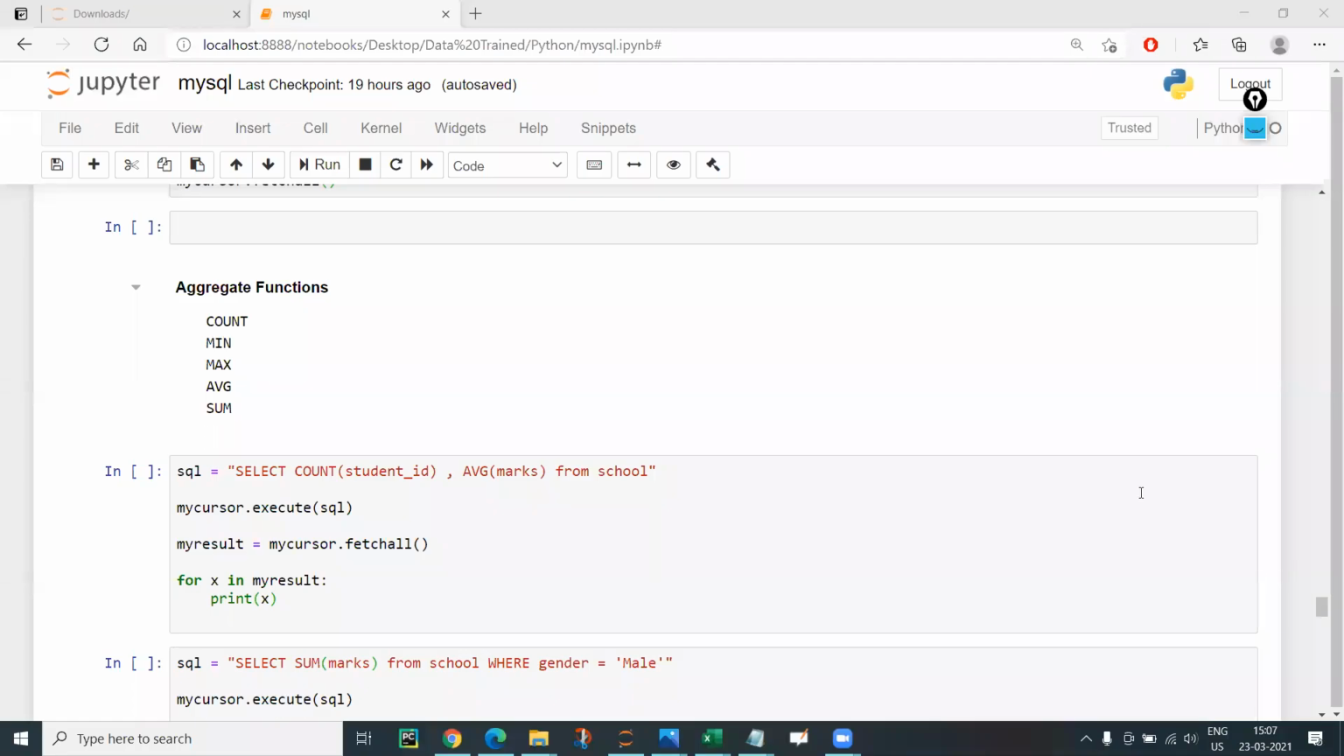Hello everyone. In this video, we will look into the aggregate functions. First of all, let's understand what all those are. So aggregate functions are count, min, max, average, and sum. Count is the total count, as we know. Min is a minimum number, max is a maximum number, average is the mean, and sum is a total. So let's say that in our case, school,